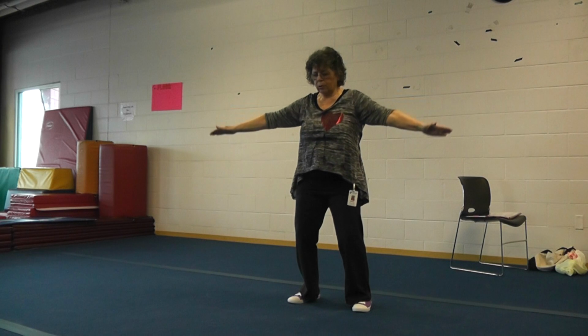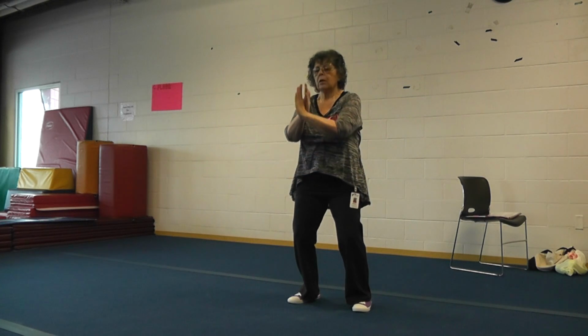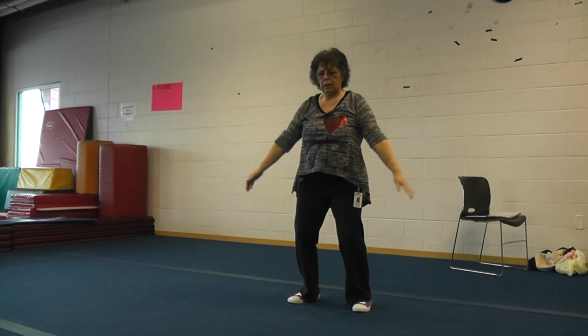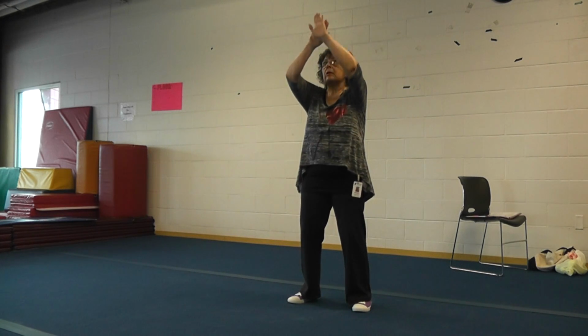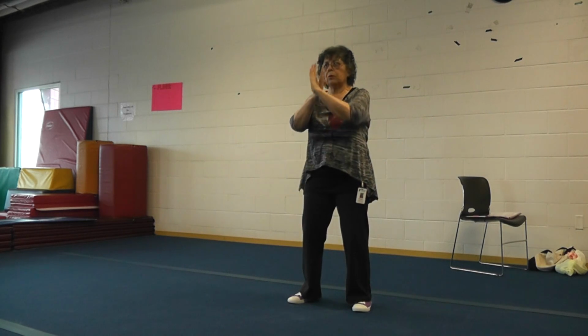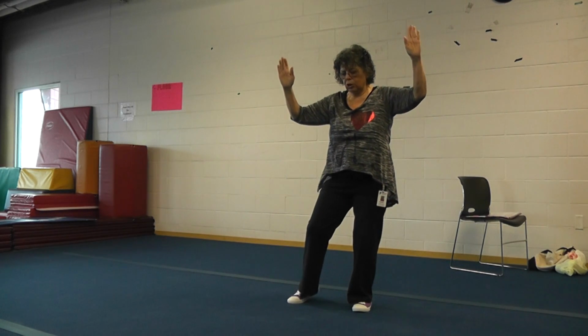When you're parting the clouds, your hands come, they cross, and you're opening up the cloud. You're parting the clouds, literally. I mean, that's the move. So it's basically the same when we do it in the Tai Chi form. You'll be doing this, but then what you'll be doing is shifting your weight